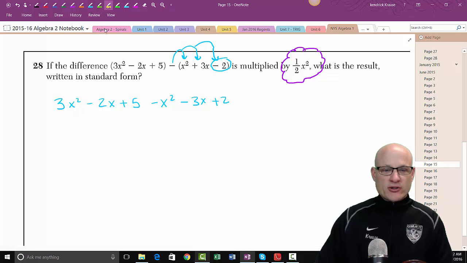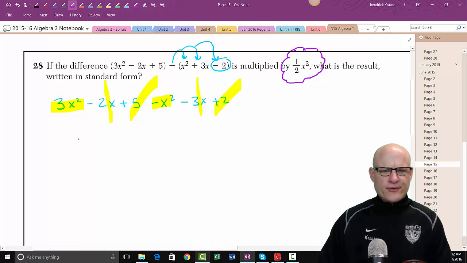Now we'll combine like terms, so we'll get 2x squared, and then minus 5x,